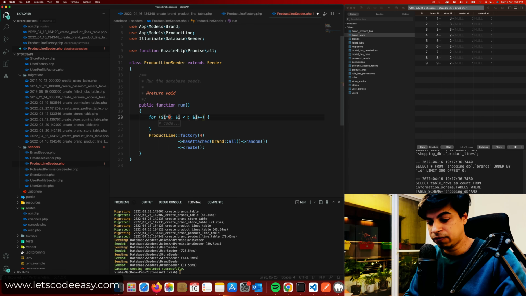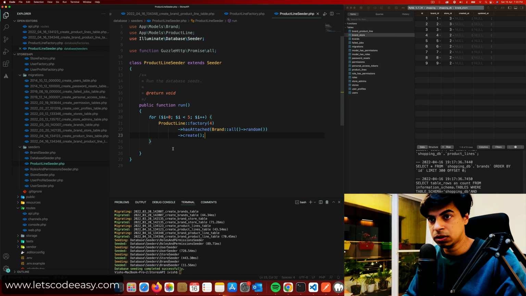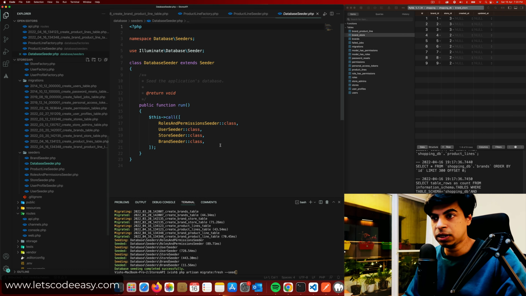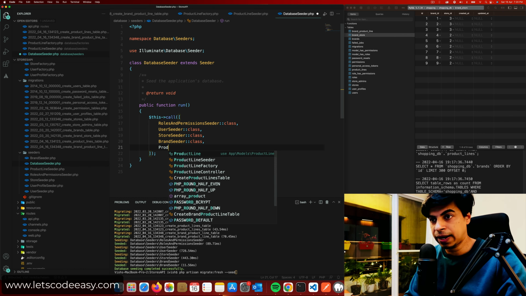Maybe I can have 5 entries and keep this within this, so that it's going to pick up random ones and then create the product lines needed. So this is the attach, which right now will maybe throw an exception because there is no dependency which I have added in product line or on brand. So let's do that. You can see that it's going to throw exceptions because this is not going to execute. Even before that, I need to go to the database seeder and associate the product line seeder